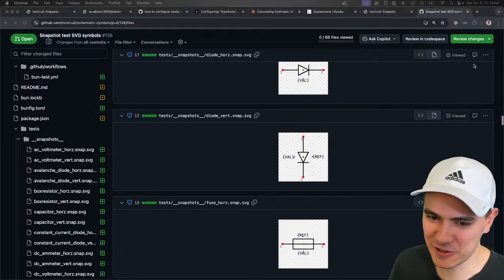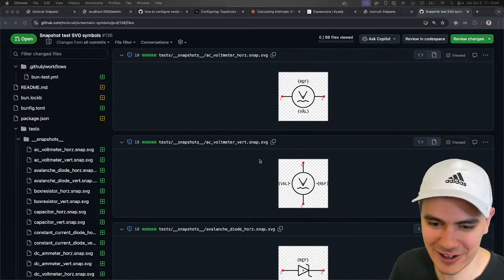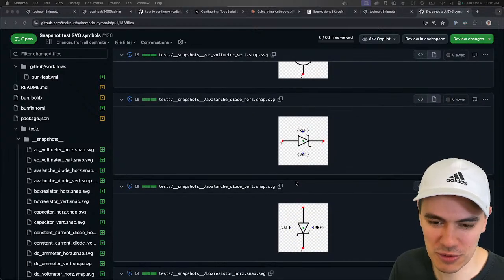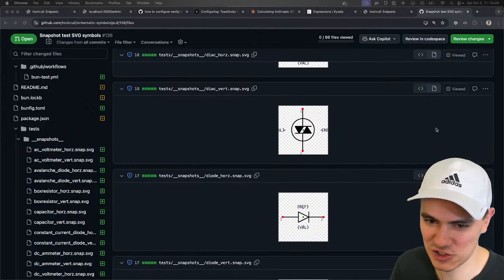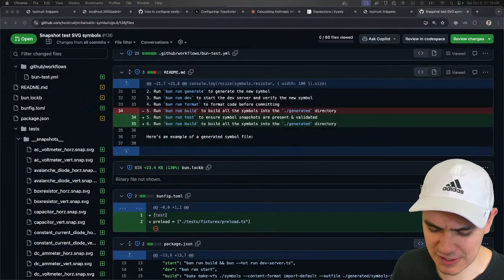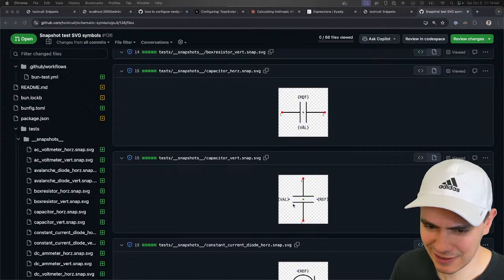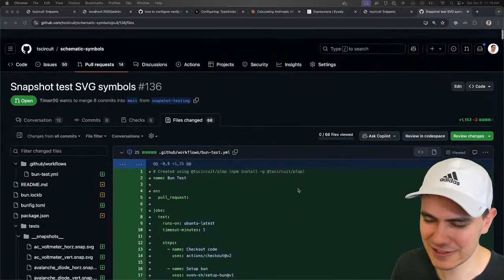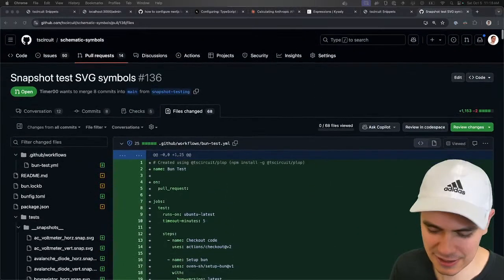But for everybody who's tuning in who wasn't having their stuff reviewed, Shibo's PR makes it so that snapshots are generated for every schematic symbol. It looks amazing. So when we go to review, we always see the snapshot. We know if somebody broke a bunch of stuff. It's just incredible, right? So all of these snapshots are generated. That's one thing. It's also a nice artifact for people who just want to download this. You can literally just download all the SVGs. So incredible. Love it. Just having these so formatted, it's amazing.